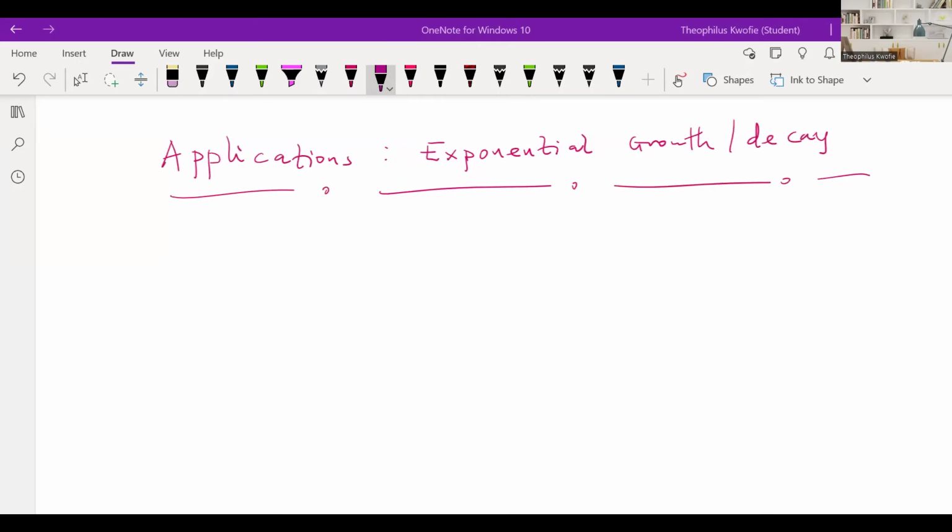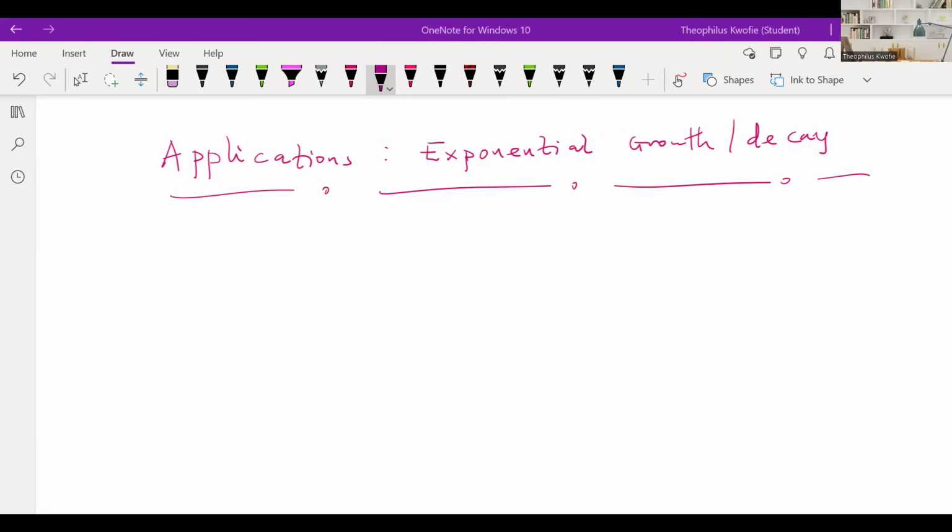Hello, everyone. Last week we looked at the theorems of exponential functions and logarithmic functions. We looked at one or two applications, but today we are going to explore more on the applications of exponential growth or decay. I would want to mention that exponential functions are vast and span across numerous fields, including the sciences, economics, and